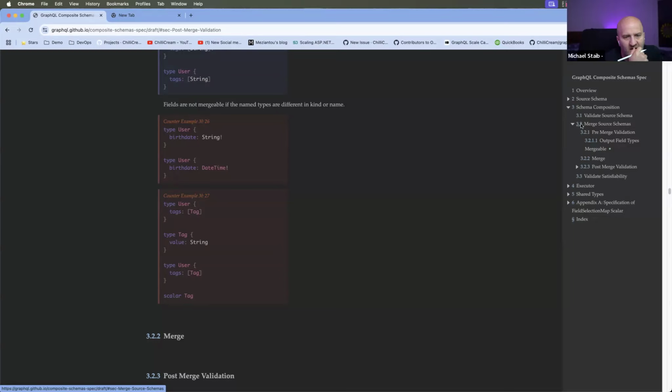I still think it makes sense to categorize them, not because, as said, we want to enforce the 3 different stages, but because from reading the specification, it makes a lot of sense that you get the introduction. Everything that you read in this chapter now has the context of all schemas, but it's not merged yet. Then in the merge section, we say we now merge the context of all the different source schemas. And then for the post-merge validation rules, you have now one schema and we operate on one schema, and then you have all the rules below, right? Yes.